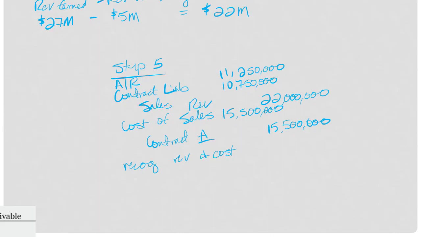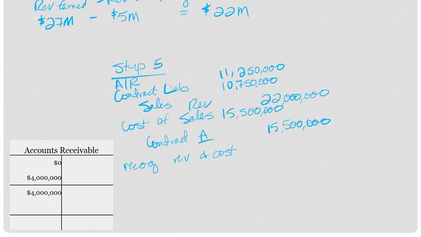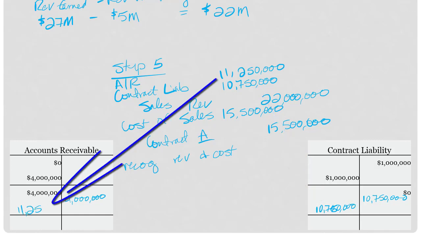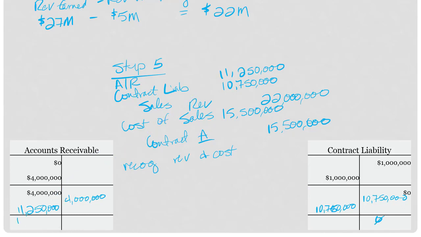Last thing we need to do is get our T accounts up to date. So there's my accounts receivable from last year and my contract liability from last year. If you remember, we credited contract liability by $10,750,000 and accounts receivable for $4 million. That was from step 2. In step 5, contract liability got debited $10,750,000 and accounts receivable got debited $11,250,000. So contract liability again zeroes out. We end our accounts receivable with